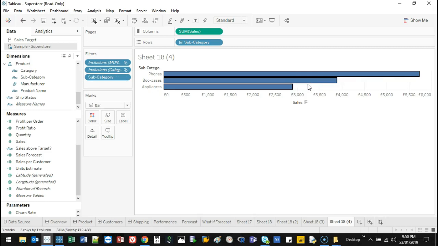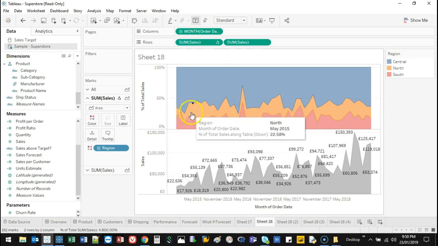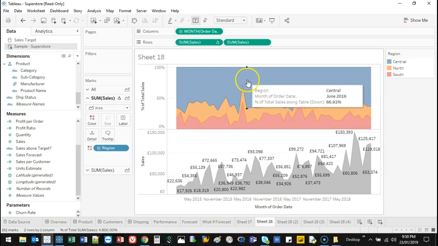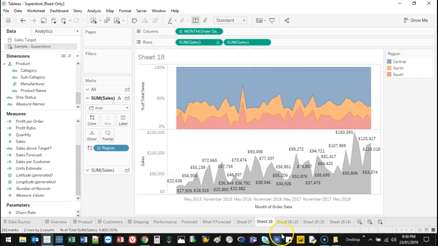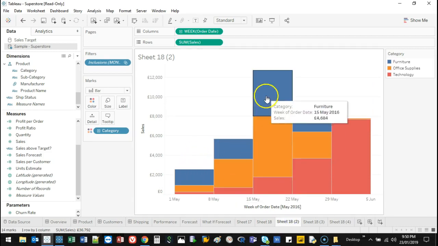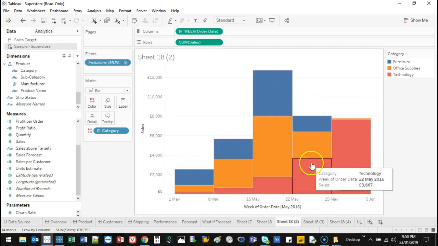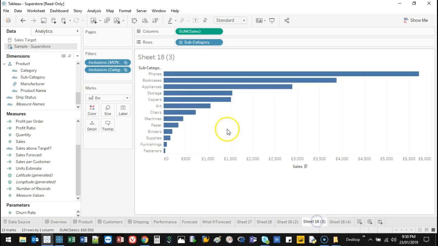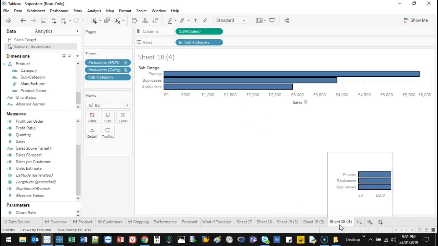So this is a really great example of how to start from really high, which is what we had over here, looking at the top level, anything interesting, a big spike here, to then going to the next level of what is actually happening at that spike. And then within this data, to go further still in terms of what that's made of, and then further still. You can't really do this with other software packages. So this is one of the really big benefits of Tableau, in that it's so easy to keep